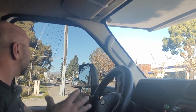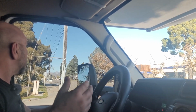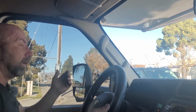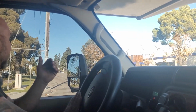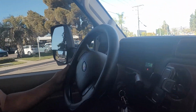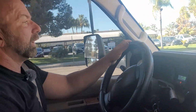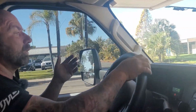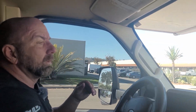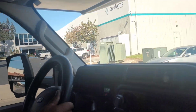So what we're doing is taking that approach to, hey, what does this vehicle weigh? And then how can we improve upon that, knowing what we know when it comes to springs and shocks, and having it all work together really well. You know, having the longer radius arms, putting the steering stabilizer on there, but even like, you'll feel it. I mean, this is another nice turn, everybody's holding on. And as you go around this, you'd be like, yeah, I would never normally do this, but like,